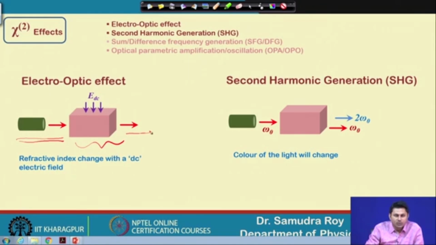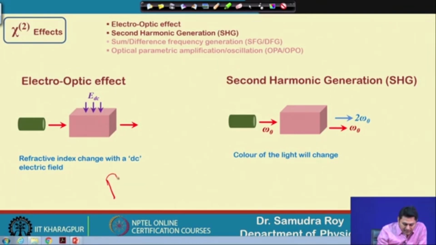In electro-optic effect, if I launch the electric field, the material will behave in a nonlinear fashion as I mentioned, but there will be no change of refractive index. I launch an electric field, but the material refractive index is not going to change if I consider this to be a chi2 effect. That means, if my nonlinear polarization is represented by this term, then